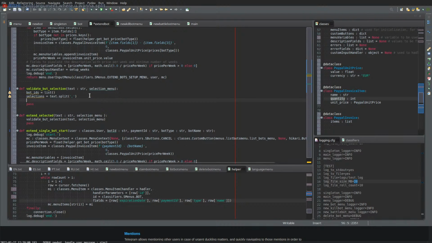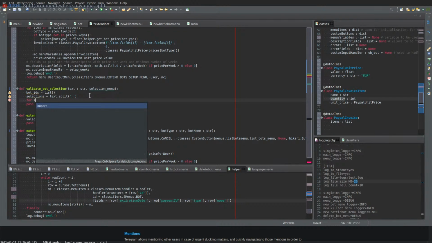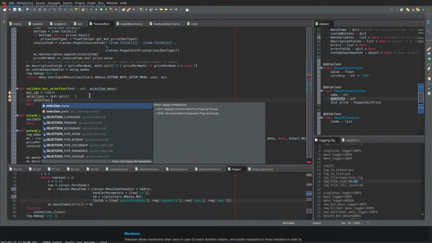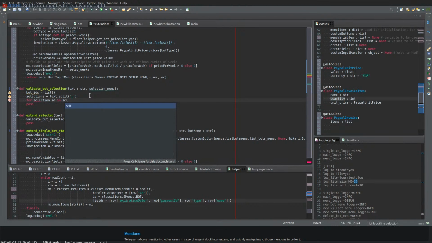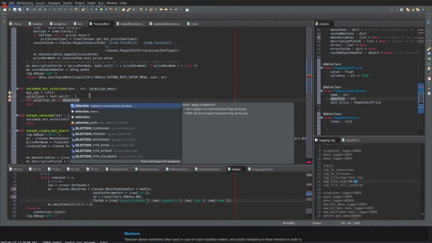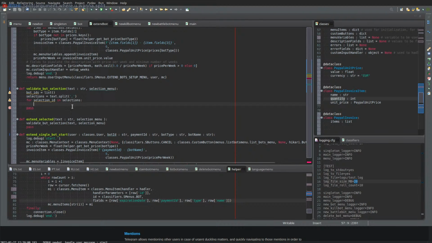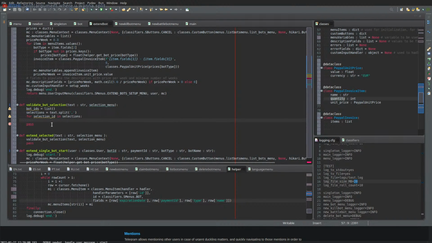Right. So for each ID, no ID, you can't use ID. Selection ID in selections. I iterate over it and then